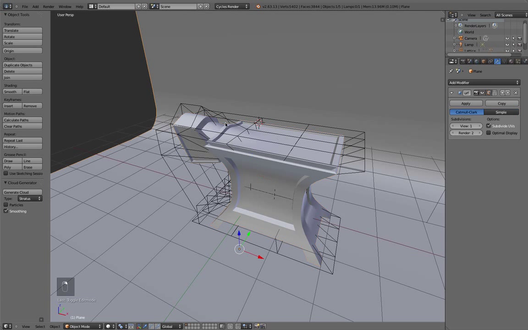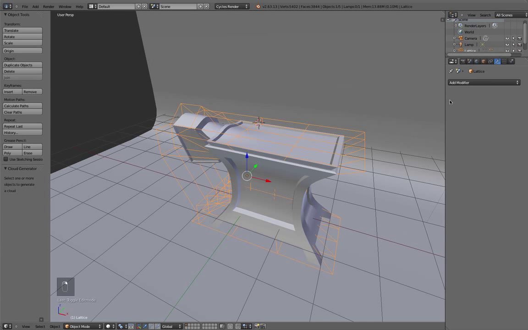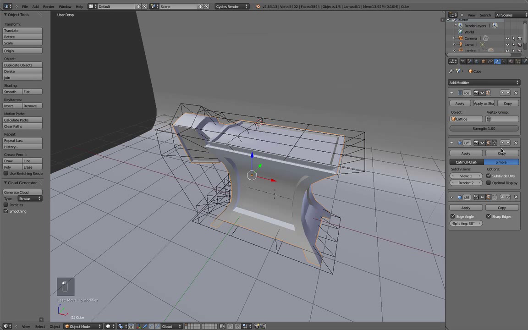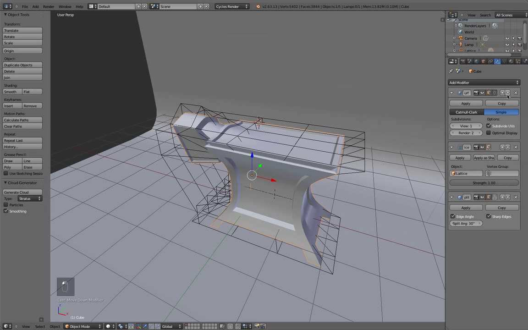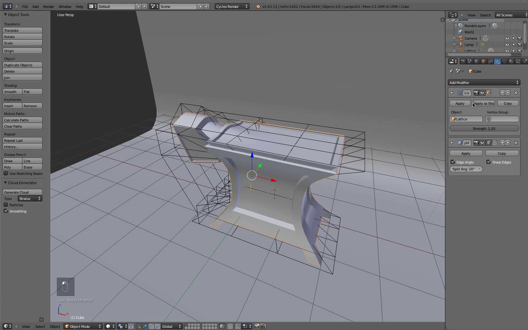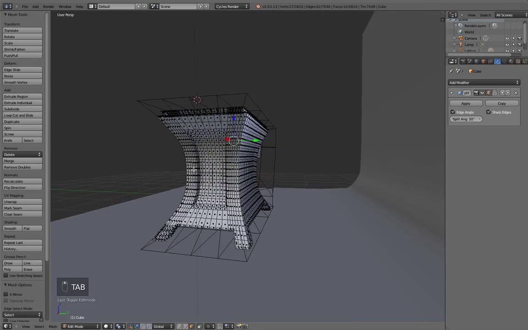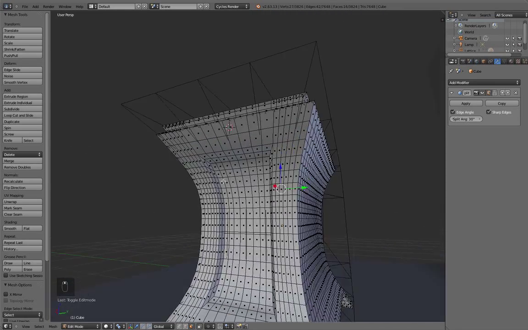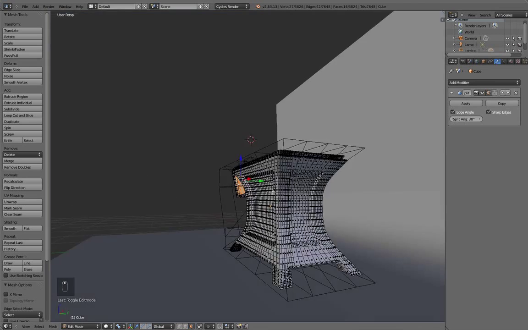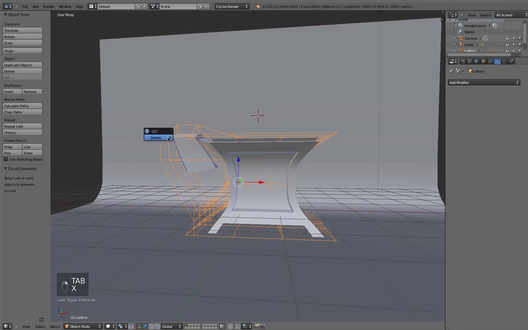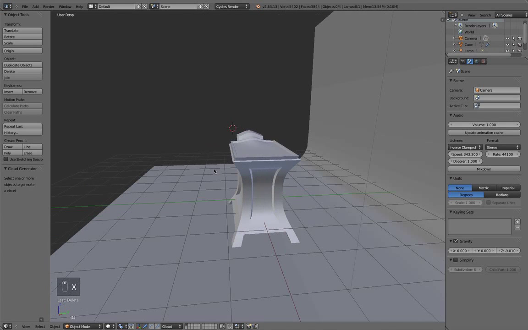Okay, so I'm going to move the lattice up. No, I'm not. I'm going to move the lattice back down in the stack, and apply that simple subdivision and apply the lattice and tab in. Now it gives us this much higher resolution mesh to play with. So if I tab out and now get rid of this,